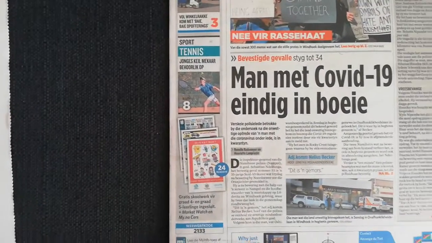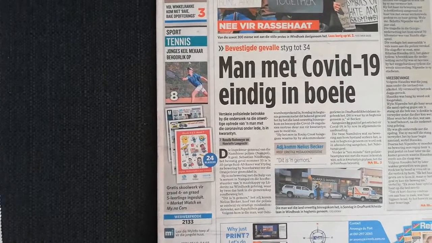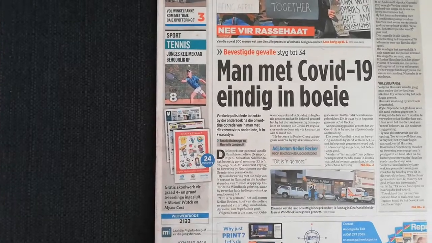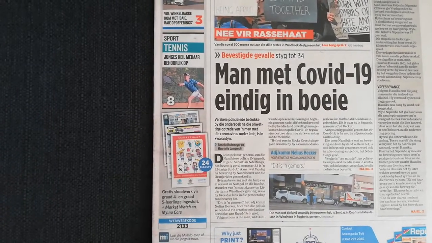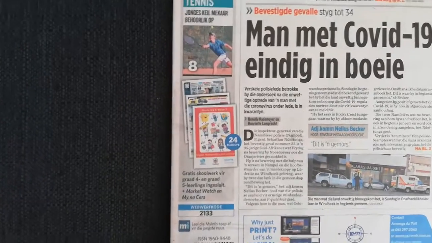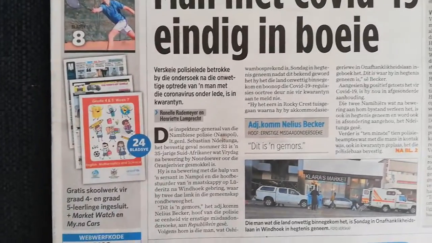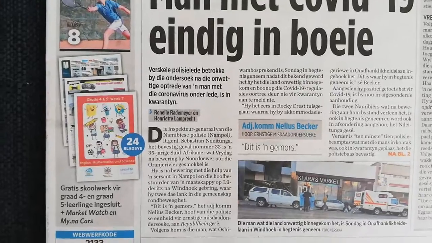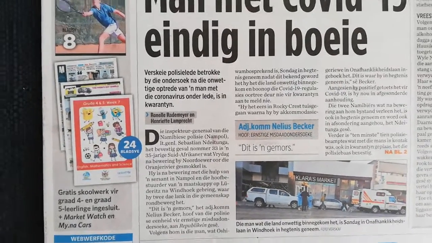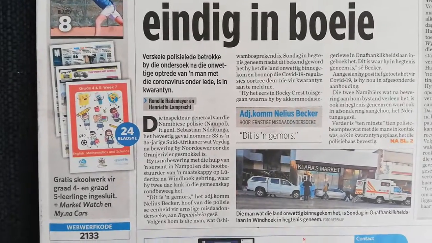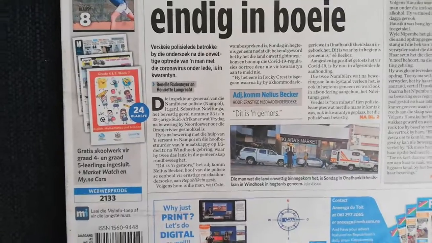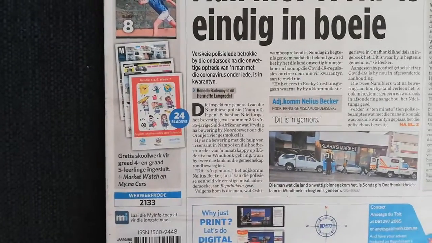Also, you'll notice, this is quite well laid out. I think it's actually quite a lot of text, but it doesn't appear to be overwhelming. It's sort of broken up in various ways. You also have something like a pull quote, a quote from Assistant Commissioner Becker saying, "Dit is 'n gemors, it's a mess." You have the scene where